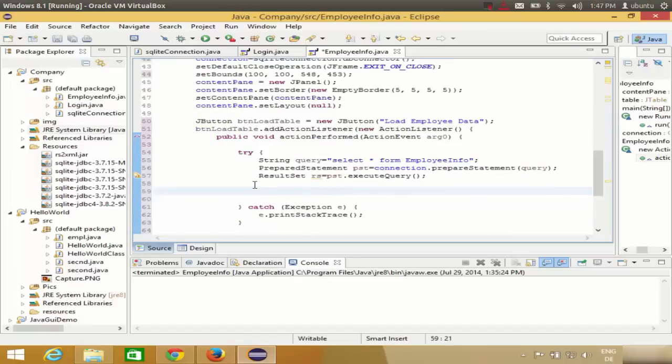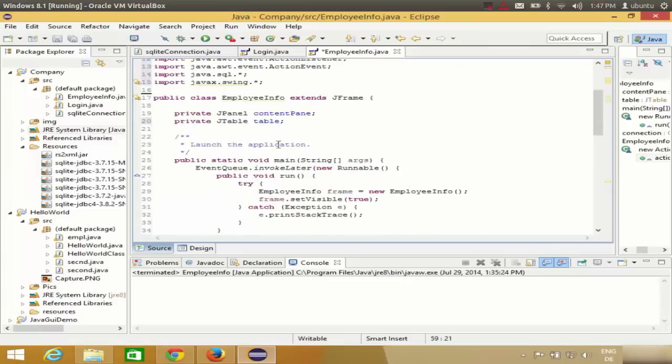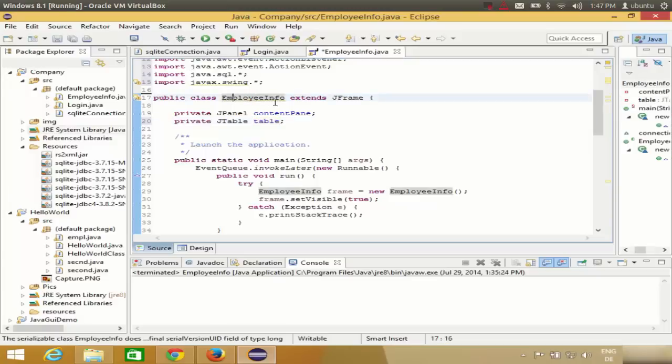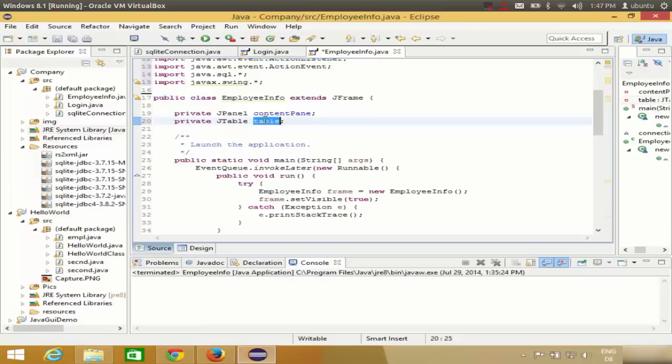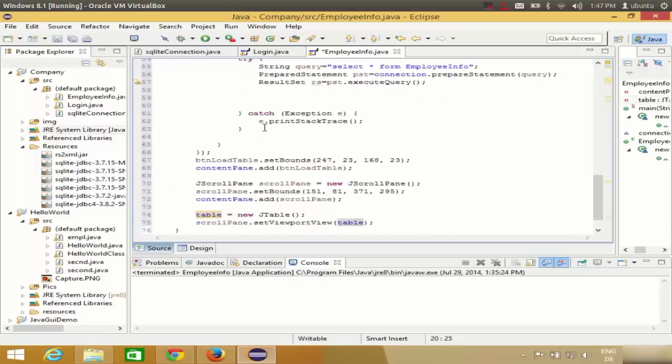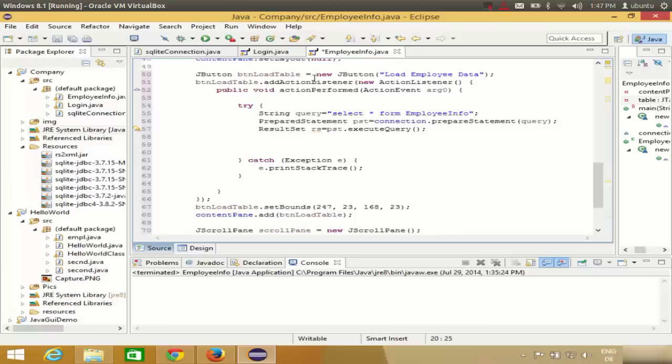So the table name was table. Here you see the table name was table. Okay, so if you don't find the table name, just go at the start of your class where the public class declaration is, your class name extends JFrame, and in here you will find your table name, which is table, right? In our case, just come to your button action perform method here, paste the name of the table, dot